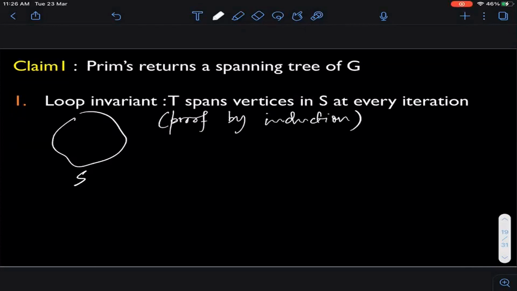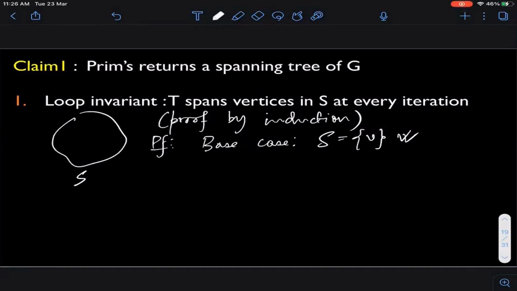So what is the base case? In the base case there is only one vertex, it's just the source. So it's connected to itself for sure. So that's your base case. I'm just writing it briefly. So the base case is S equal to {s}, which surely is correct. And now you assume that, let's say after some k iterations, this is true. So why should this be true at the k plus 1th iteration?